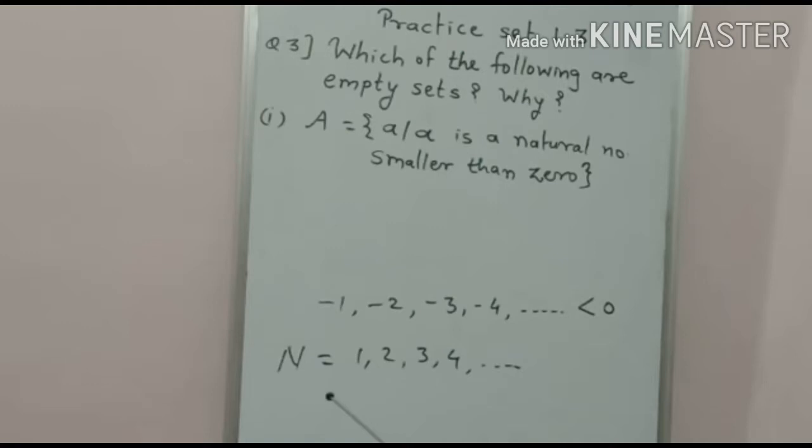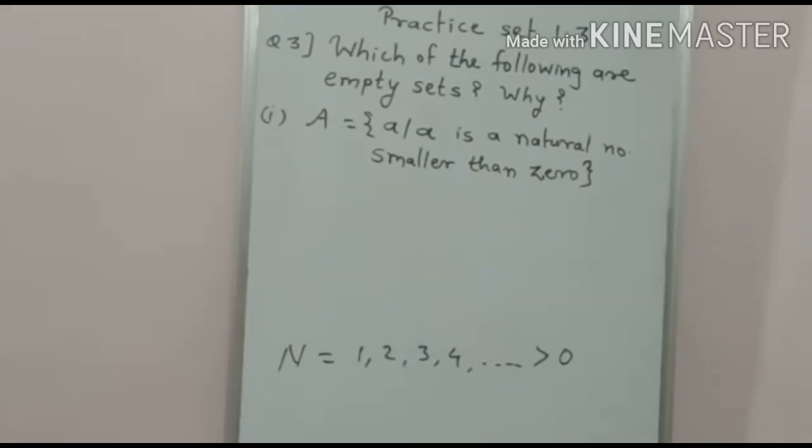Yes, so here we write down natural numbers as 1, 2, 3, 4. Okay, and A is what? A natural number, means A is the number either 1, either 2, either 3, but the condition is smaller than 0. Is this number smaller than 0? No, because these numbers are greater than 0. Greater than 0. So what does it mean? So we have to write the element which is a natural number and smaller than 0, it is not possible, and hence set A is an empty set.